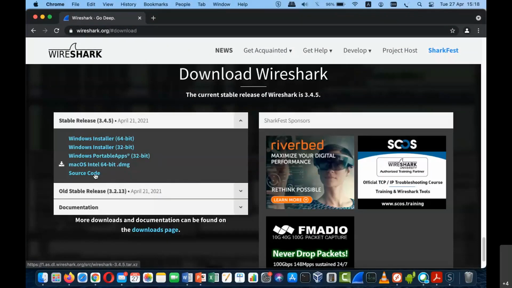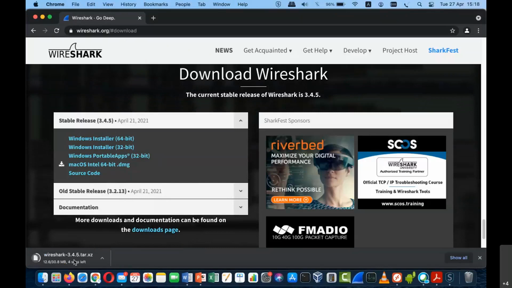For Linux distributions, it is available as source code, so we can directly download the tar file and install it on different distributions of Linux, whether Ubuntu, CentOS, or Red Hat, because it is source code. We can directly install it by building and installing.